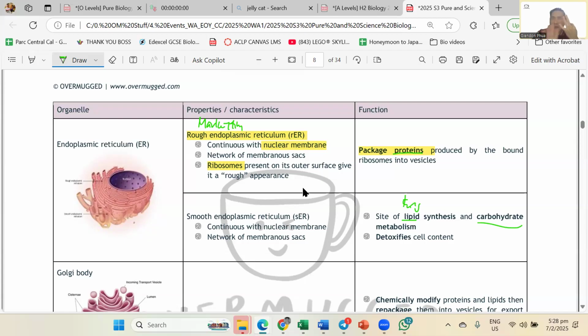A lot of things revolve around the three biomolecules: fats, carbohydrates, and protein. So one easy way to remember is, I remember protein for one, so the other two must be the smooth ER. Right? Then they detoxify the cell content. Detoxify means what? Must clean up the rubbish. After every concert that Taylor Swift has, the fans will go home, and rubbish will be there. So the ops team who sets up the concert venue also has to clear up the rubbish. That's why the smooth ER is the ops team. Clear so far?